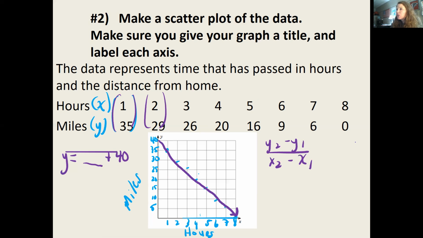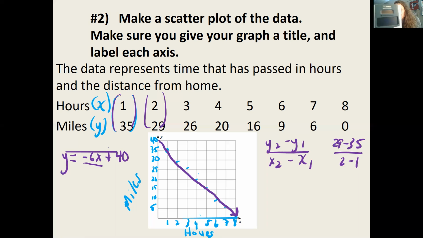So y2 is 29 minus the first y value, 35, and then we're going to do 2 minus 1. So we're going to say 29 minus 35 over 1 is -6. So I'm going to guess that our line of best fit's equation is -6x plus 40. Now I can be exactly